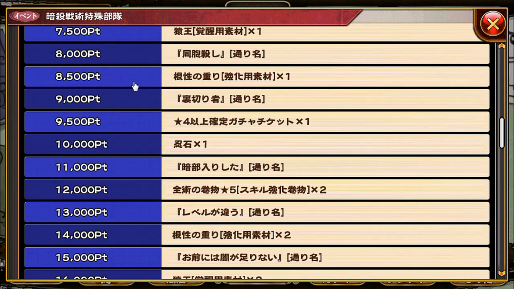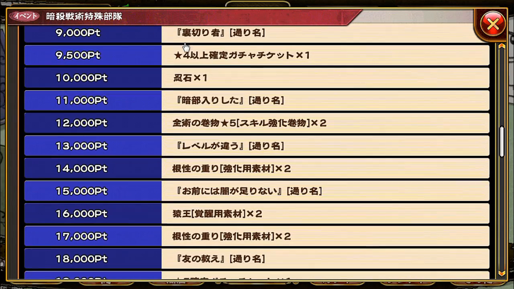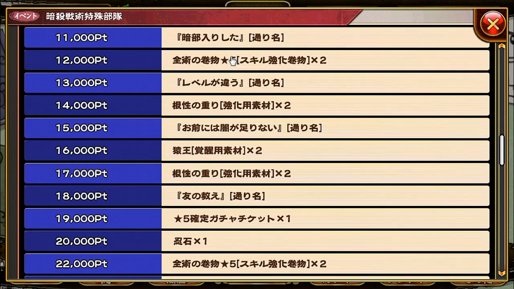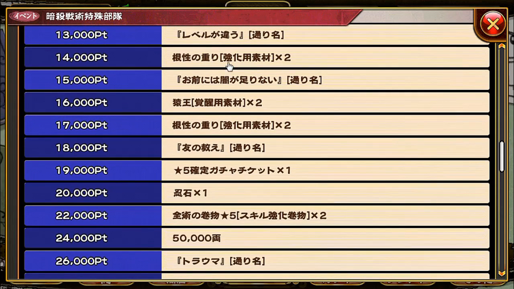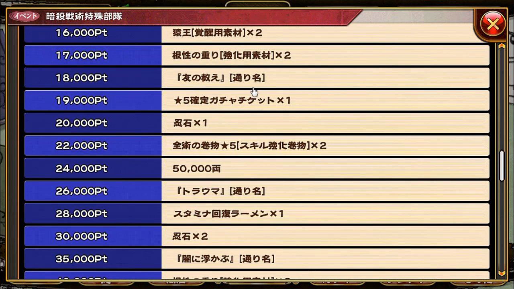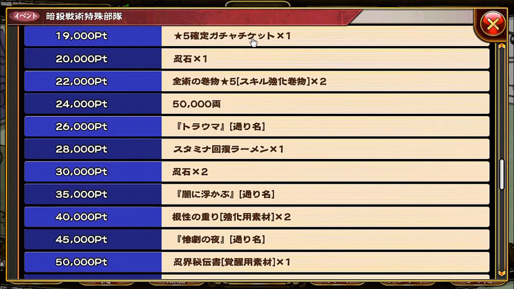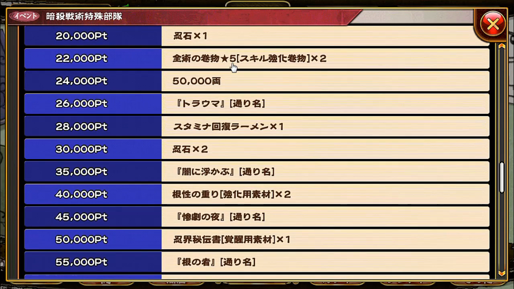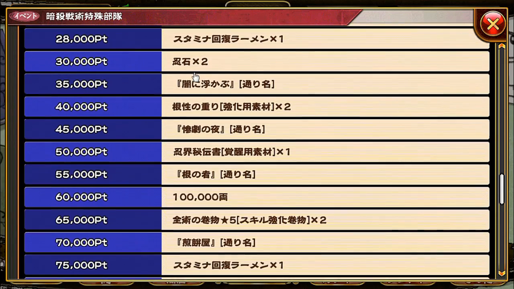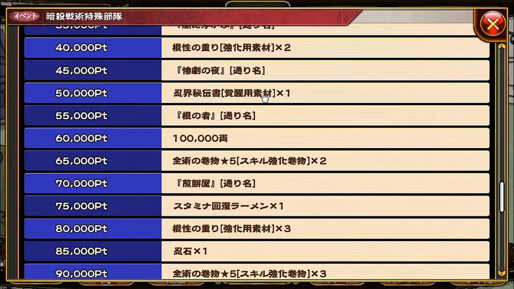And all right, 8,500 points, another Rock Lee training material, and then a title, 4 stars guaranteed gacha ticket, 1 ninja stone, a title, 2 5 stars all type skill scrolls, and then a title, 2 Rock Lee training material, another title, 2 Monkey Kings, 2 Rock Lee training material, and yet another title. So all these titles are coming back. And 1 5 stars guaranteed gacha ticket, 1 ninja stone, 2 5 stars all type skill scrolls, 50,000 gold, another title, a ramen, 2 ninja stones, and then a title, 2 Rock Lee training material, a title, 1 secret book